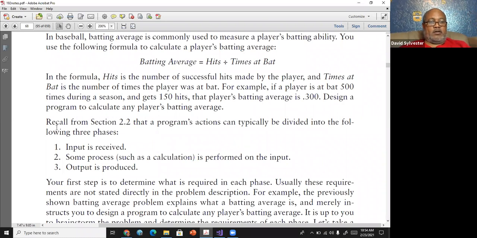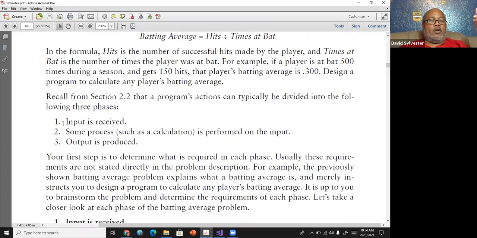Now it says, so what we want to do, we want to decide how we're going to write this code. So how will we write this code? First of all, we have to find out what all the data is that's known. If we write in the code, and I think one of the students asked earlier in the class, well, what about asking the user to input the information? That could be one way if the information is not already known.